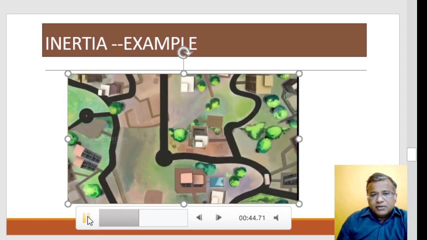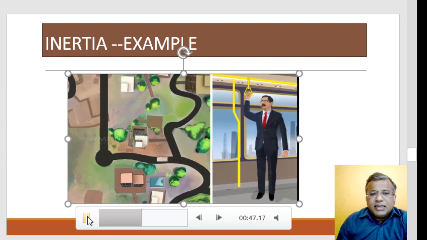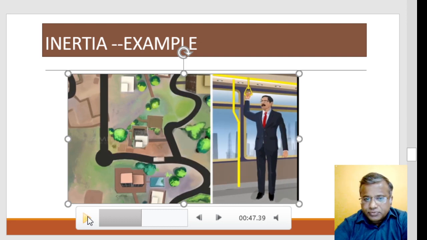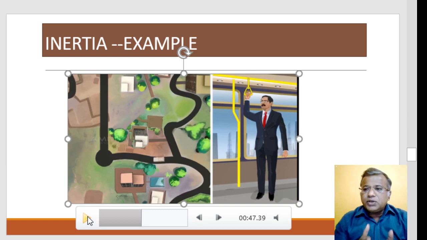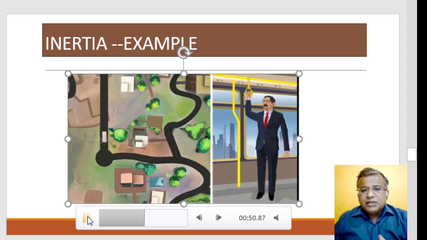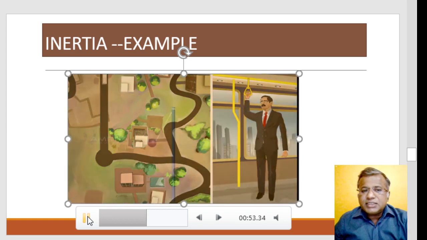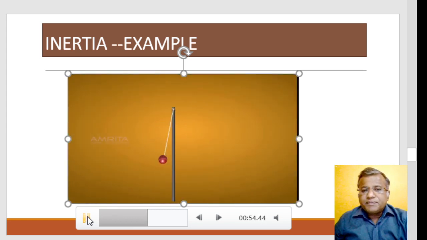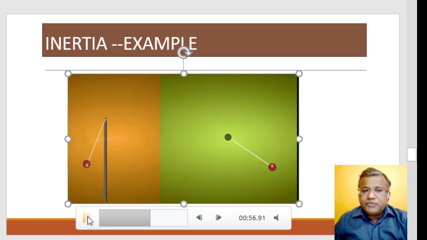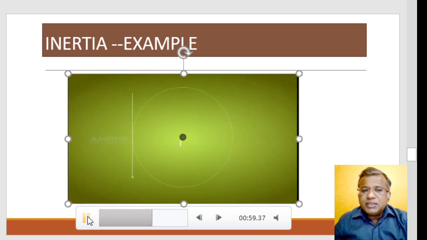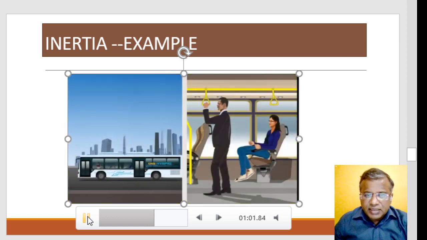Now let's see further. For example, a vehicle is taking a turn. You must have seen that if the vehicle is taking a right turn, the person is moved towards the left, he maintains his state of what you call the inertia of direction. As you can see over here, the moment he takes a turn, the person is shifted towards which direction? Left direction. And this type of inertia is basically called which one? The inertia of direction.